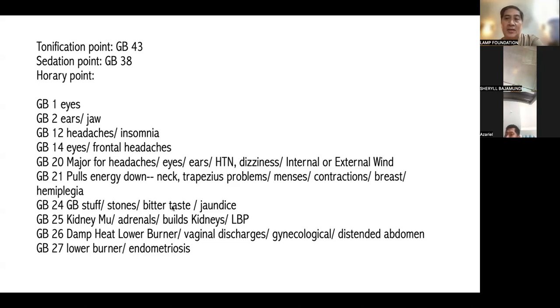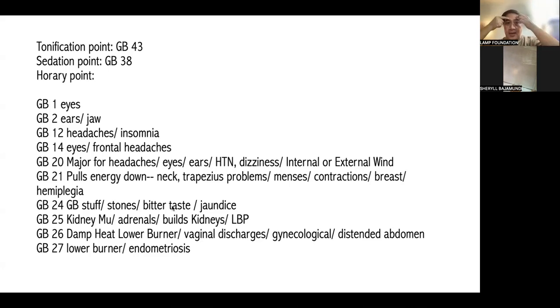If you have issues with the ears and the jaw, you use gallbladder 2. And kung may headaches or insomnia, use GB12. And GB14, this is just like here. And this is my favorite for frontal headache. And if you have issues with the eyes, lalo na pag sumobra na yung kababasa mo, naduduling ka na sa